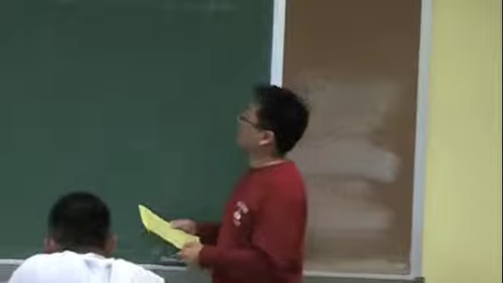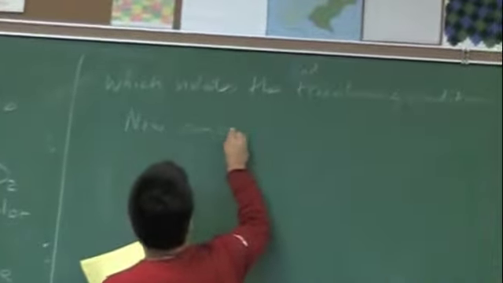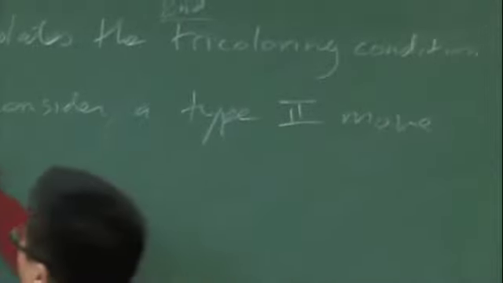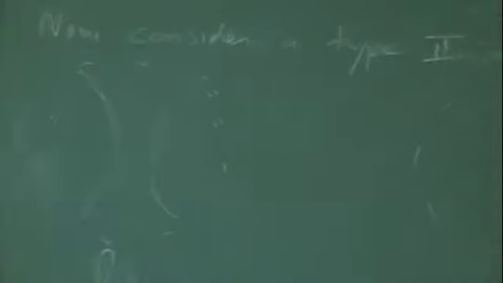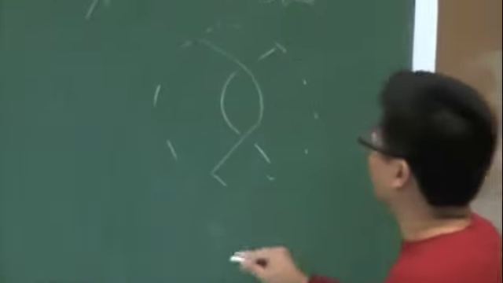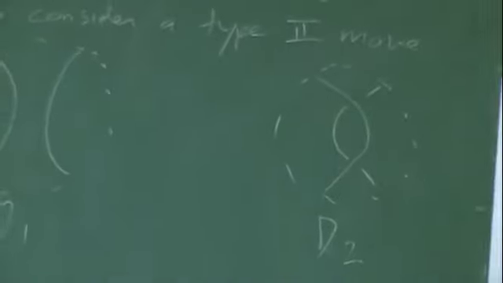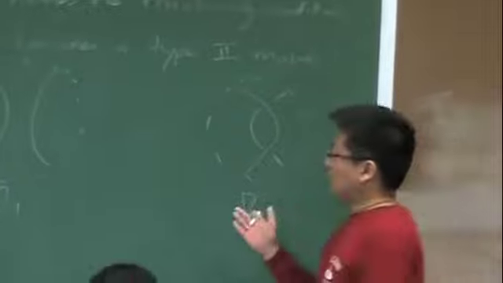Okay, now let's consider a type 2 move. Let's call the one that looks like this inside this region D1. And where you put one strand over the other like that, let's call that D2. Now the thing to notice here is, say we go from D1